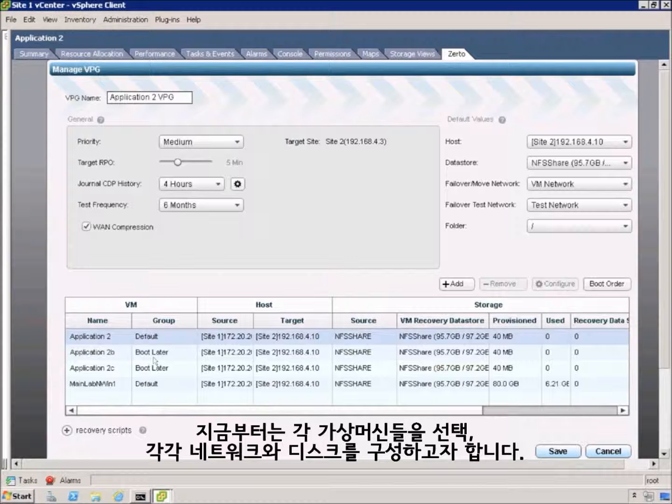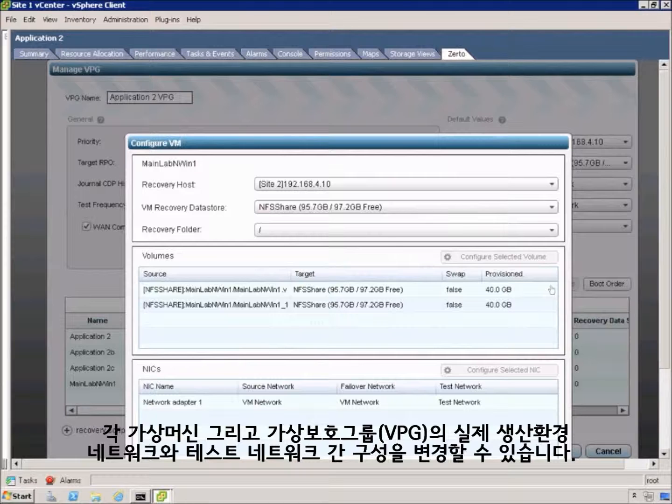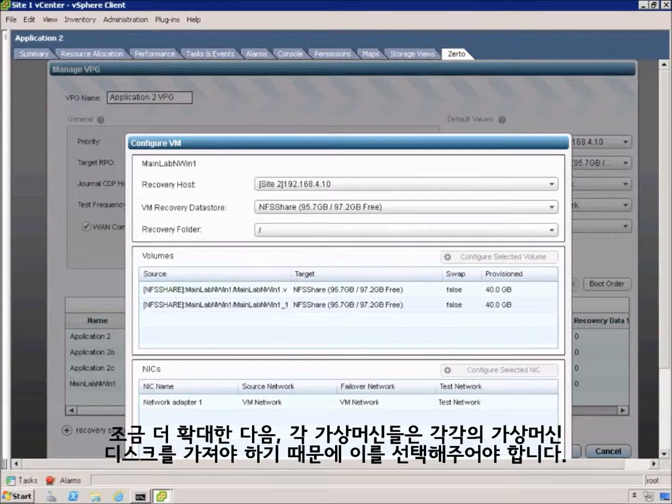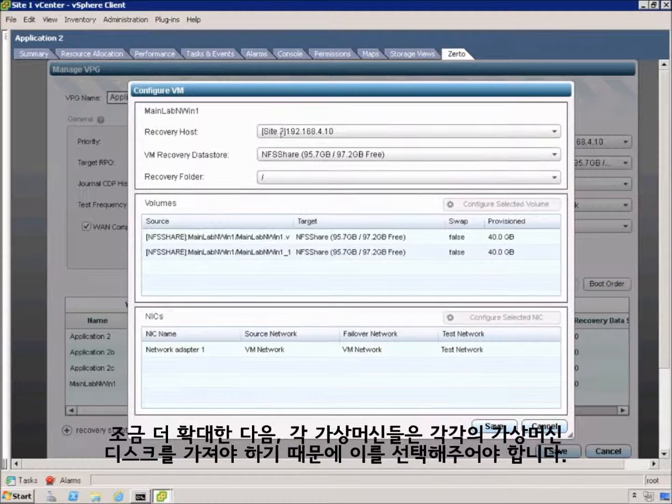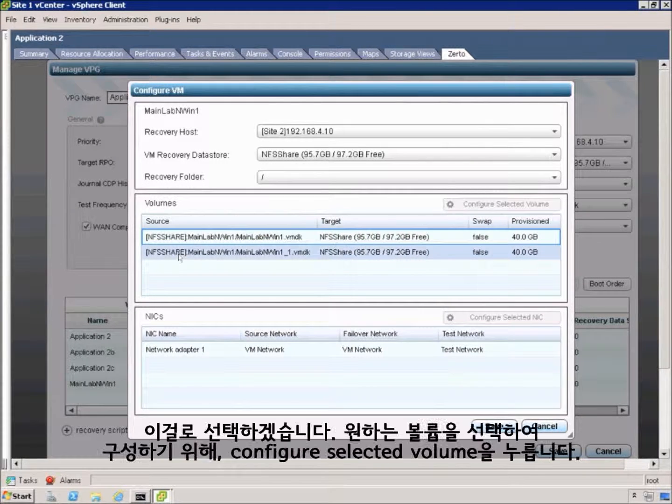Next thing I want to do is select one of the VMs, and I want to configure the network and the disk specifically because I can get to the VMDK level of granularity, and also I can change between production and test networks on individual VMs in a VPG. So if we expand this out a little bit, we'll see that this particular VM has two VMDKs, and I want to select one of the VMDKs, and then I want to go in and look at the configuration of it. So let me select this one,